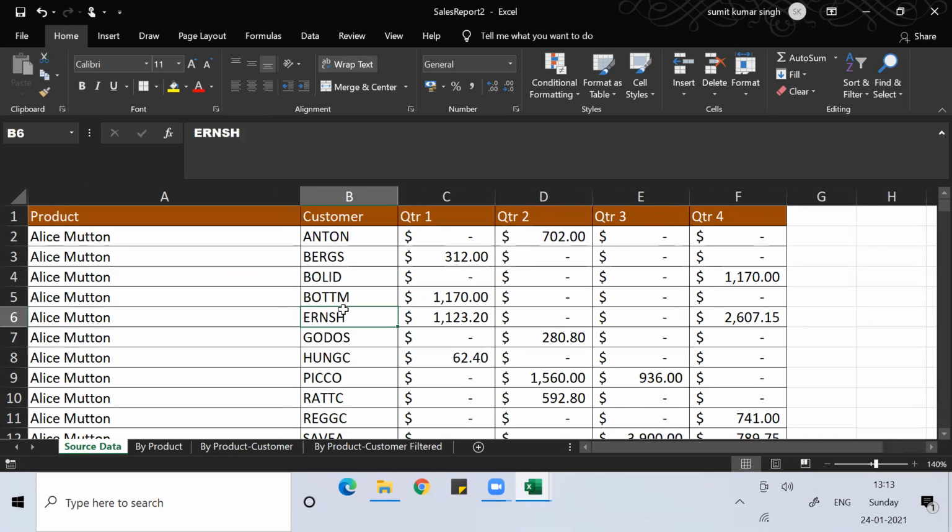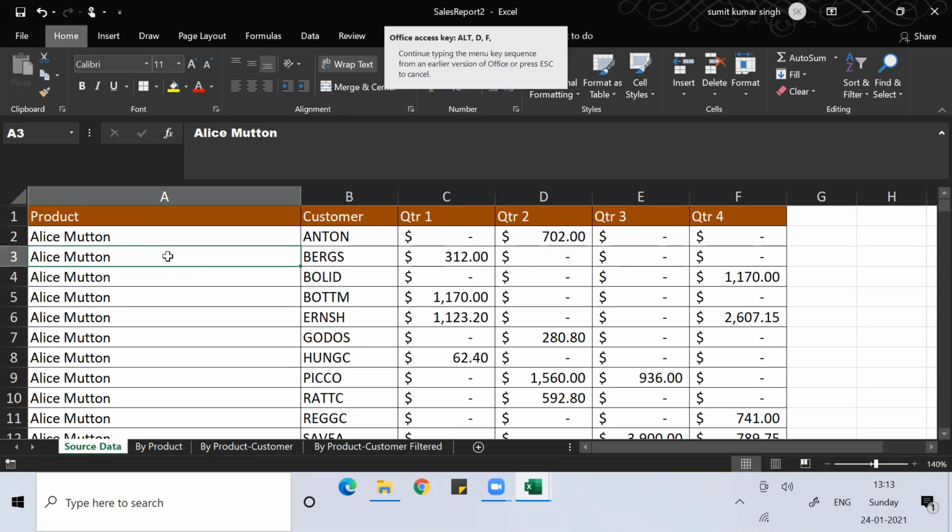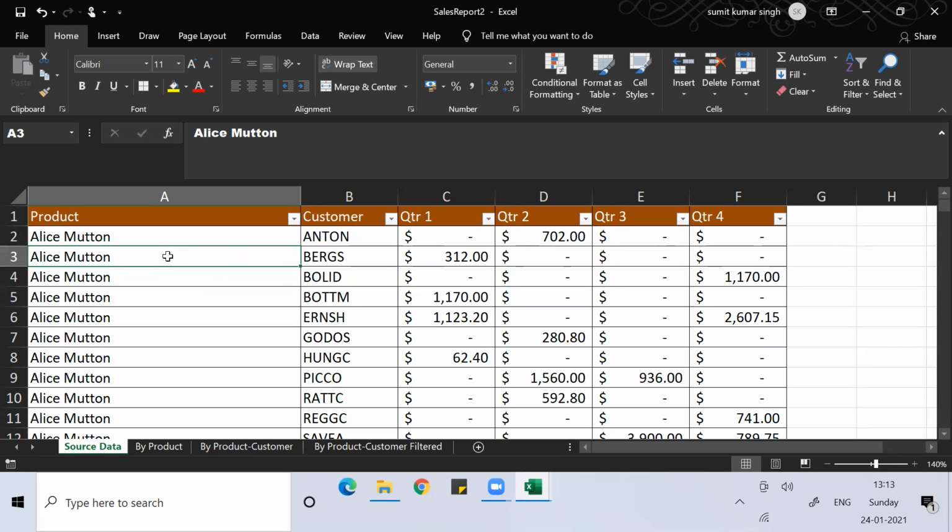So I can see the customers who are using each product. To specifically look for one product or one customer's data, what I can do is go to filter to open filter on this set of data. You can use a shortcut key called Alt DFF. The shortcut key of filter is Control Shift L, or Alt DFF.